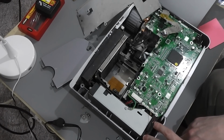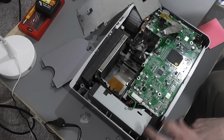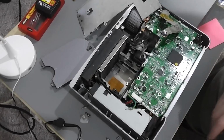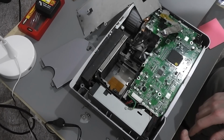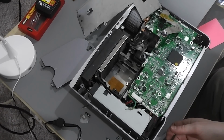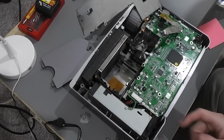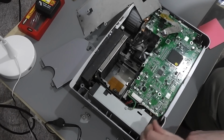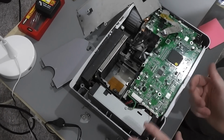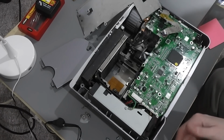And I'm going to try and get it repaired or replaced, ideally. It is quite wedged in here, and unfortunately I think the only real way to get this out is to remove this main circuit board, which is a bit annoying. But what I'm going to try first is more of a temporary fix. I can either try and blow some air through this fan externally, which will spin it up and hopefully feed back that it's running, which will get it to start up. Alternatively, I've got another fan which I can try and wire in instead. Maybe just balance that outside,